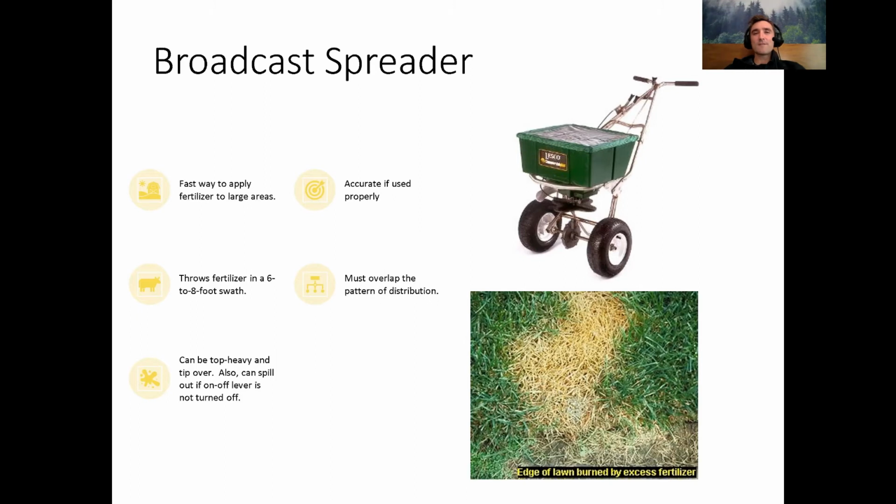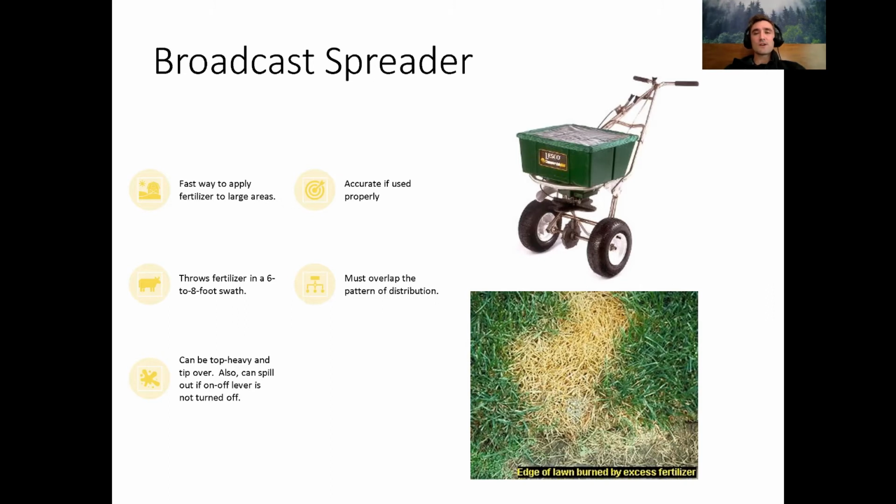The goal is to have an overlapped coverage over an entire area, similar to how you would operate a lawnmower. These can be a little bit top heavy because they hold all of the material in that hopper. And so there is a tendency maybe for having this spill. Say you put 50 pounds in this spreader. If you're not cautious as you load it in, it could tip and spill, and we never want that to